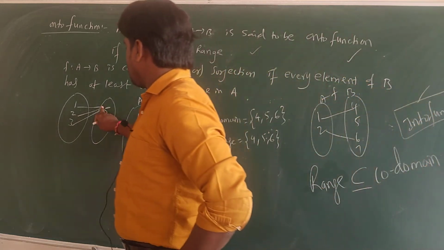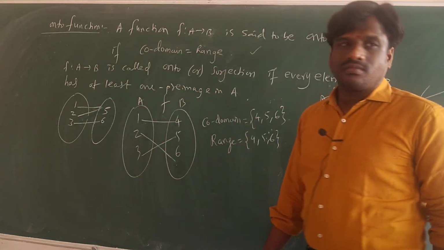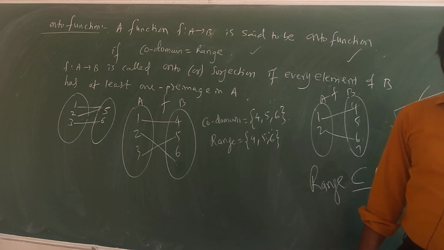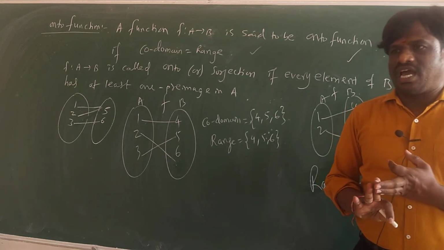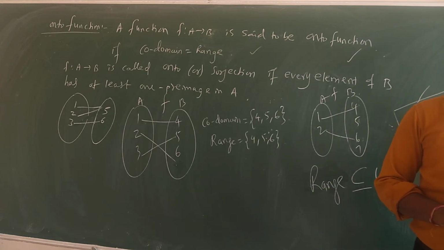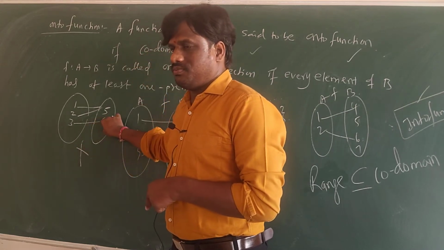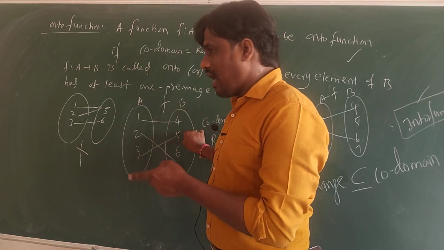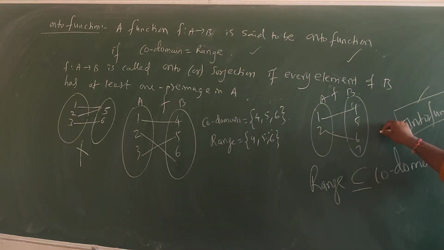Now my one more question is, now this is the onto function. Is it an onto function? Onto function. Now tell me, is it a one-one function? No, not one-one. The one-one condition is what? Different elements have different images. So this is not one-one, but it is onto. This is one-one and onto both. Is this one-one? Yes, it is one-one. But is it onto? No, one-one and into.